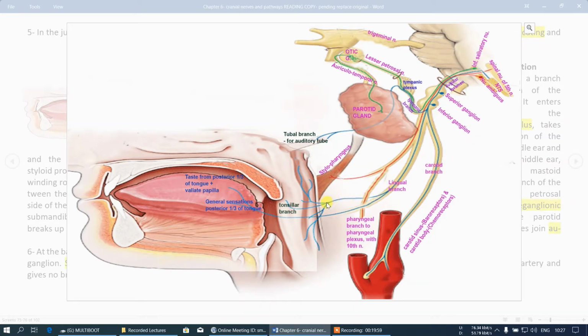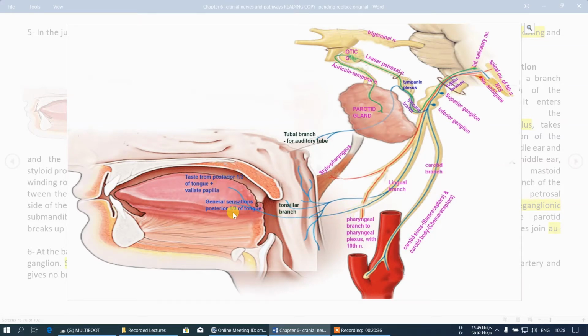Lingual branch goes to the oropharyngeal isthmus. It is dividing into tonsillar branch and lingual branches. Here, the tonsillar branch will supply the mucous membrane around this opening of the auditory tube, and it is also supplying this nasopharyngeal tonsil or tonsil proper. Remember Waldeyer's lymphatic ring. All the structures of this lymphatic ring are innervated by this tonsillar branch.